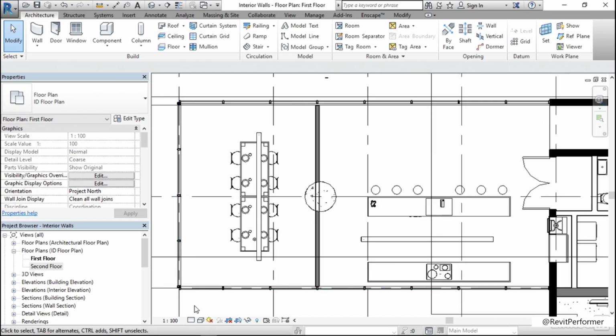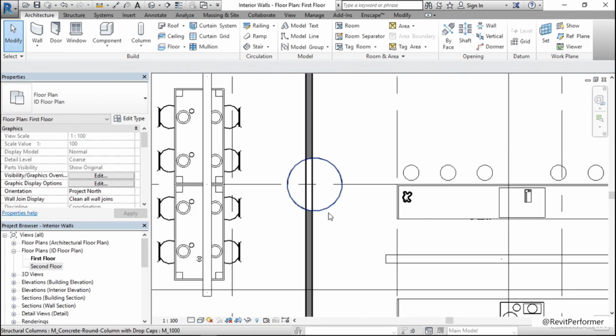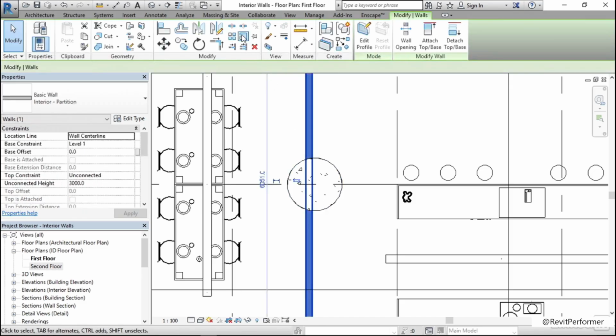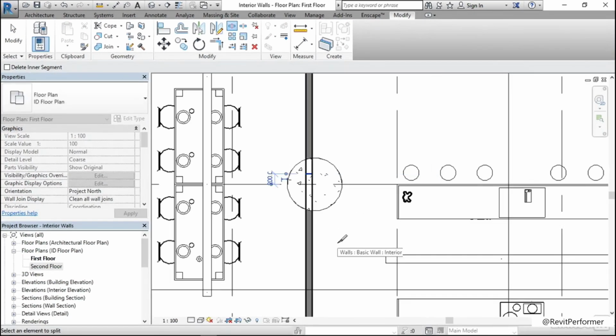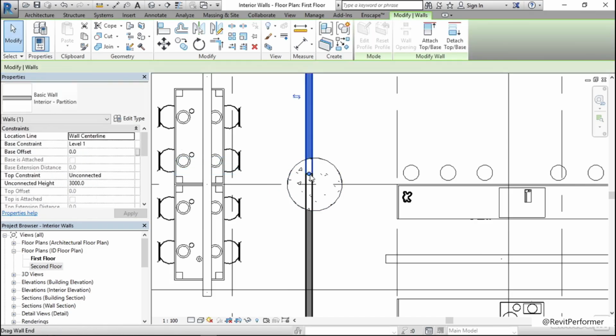Now I have a wall that's going straight across, I'll call it our dining room kitchen area. Now what we probably don't want is to have the wall go all the way through this big column that exists here inside of our floor plan. What some people will try to do is select the wall, then try to split that wall by using the Split Element tool. They'll click like that, which will create a split here in the wall. Hit Escape a couple of times, select one wall, pull it up like this,